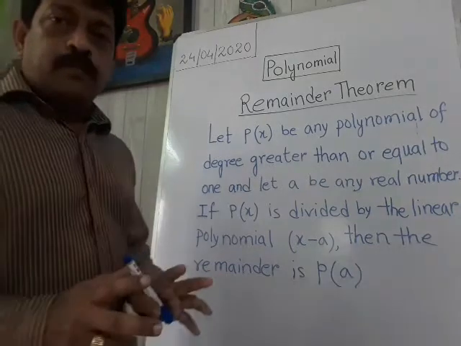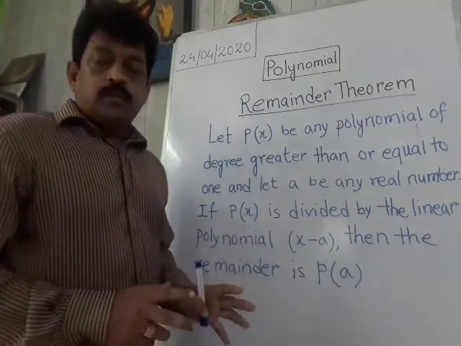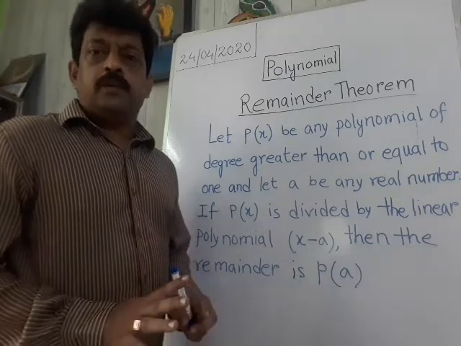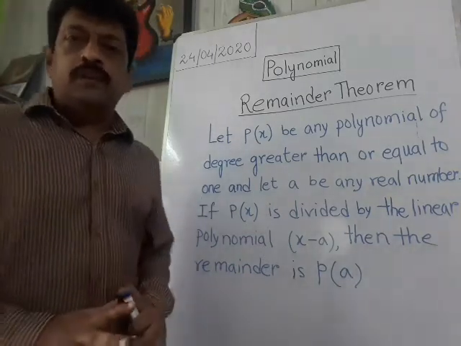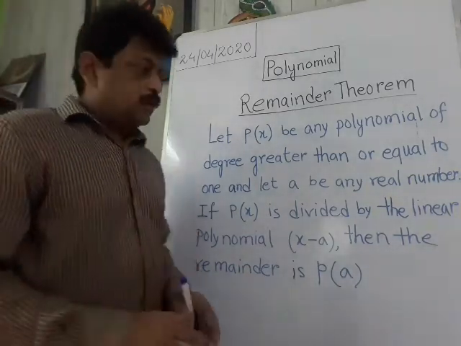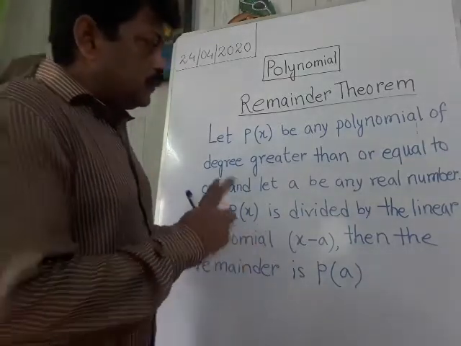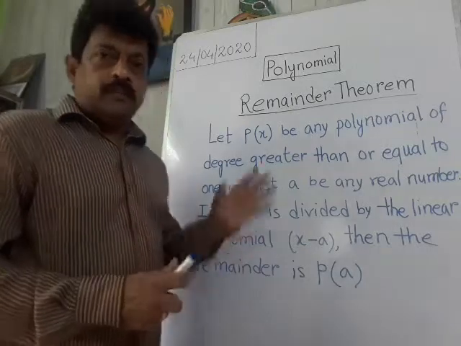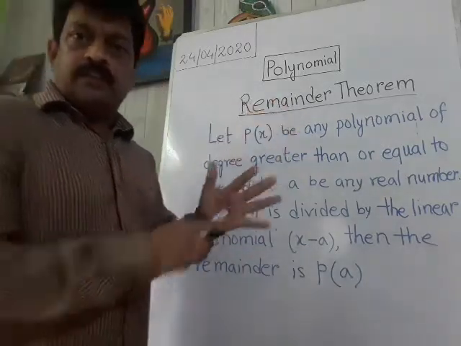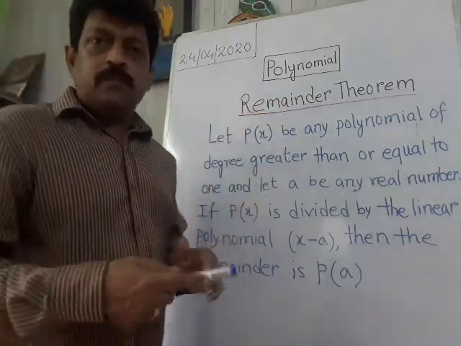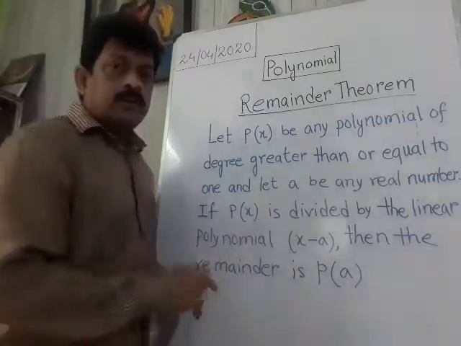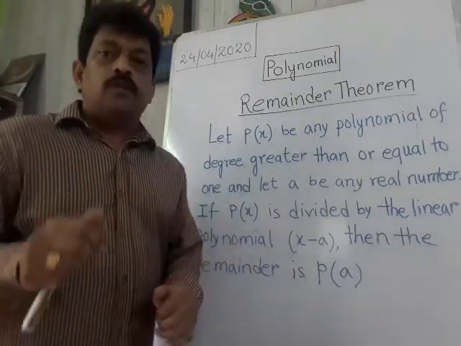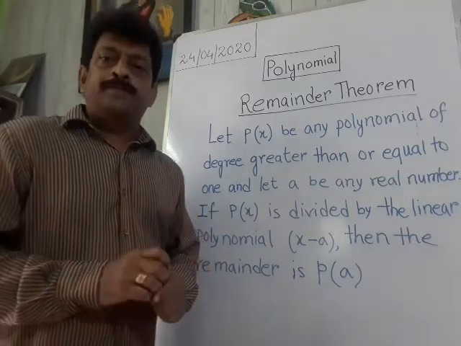And with the help of this remainder theorem, we can easily find the remainder of any type of polynomial. Hope this is clear to you. Now you go for doing the same sum in two different ways and obtain the remainder. First by direct division method, by dividing one polynomial with another polynomial, and then by using the remainder theorem, and check whether you are getting the same remainder or not. Of course you will get the same remainder.